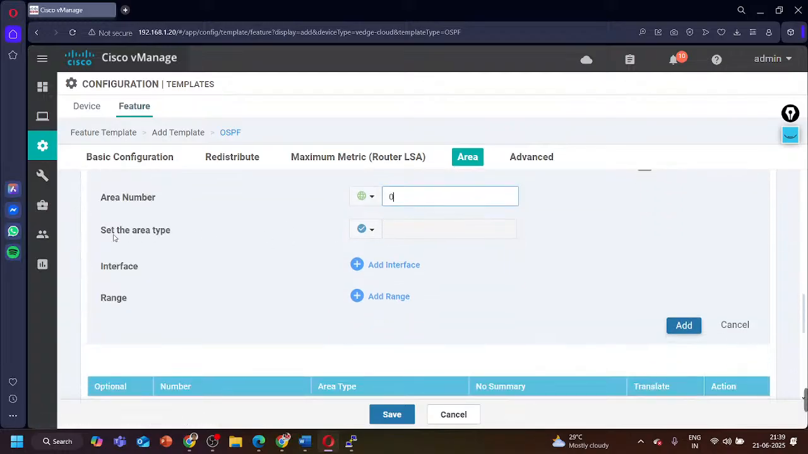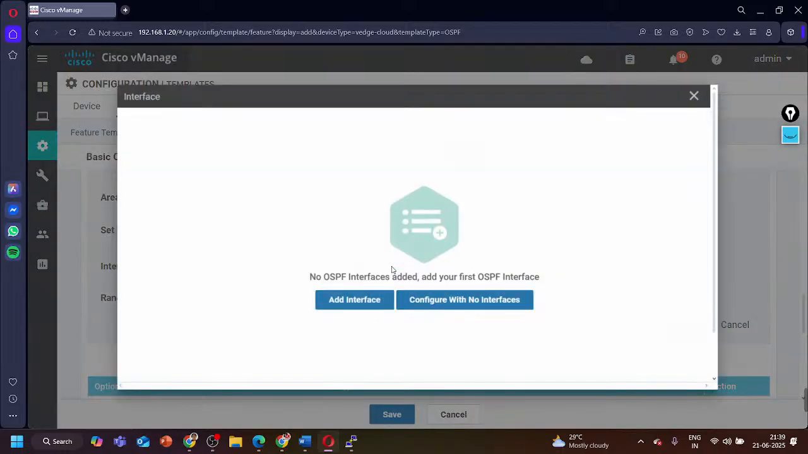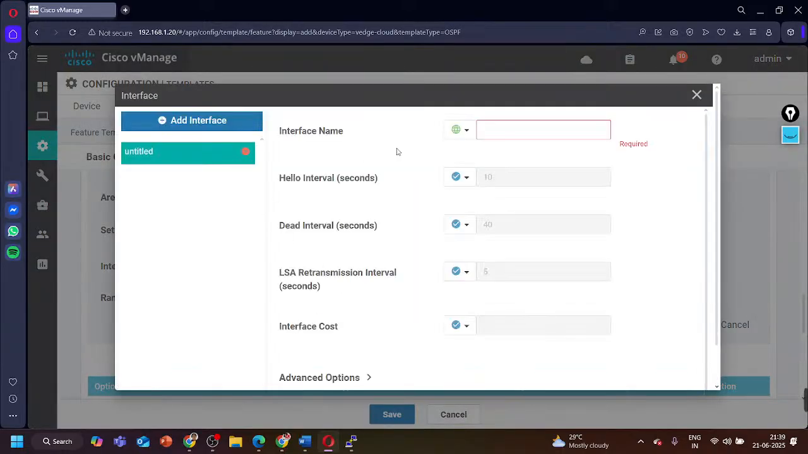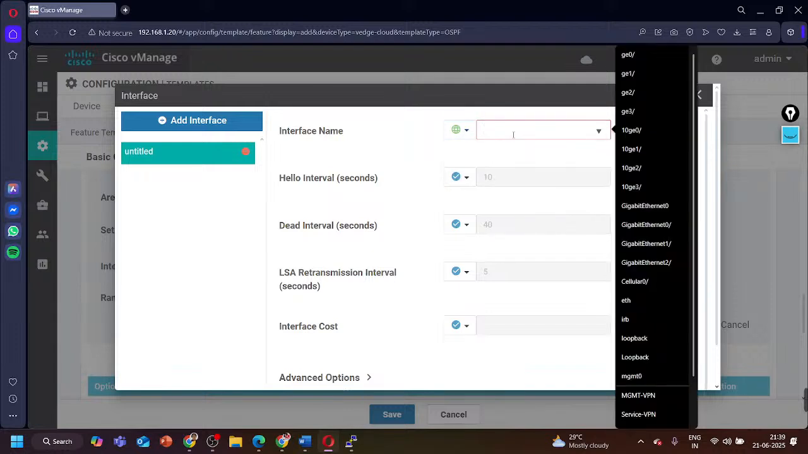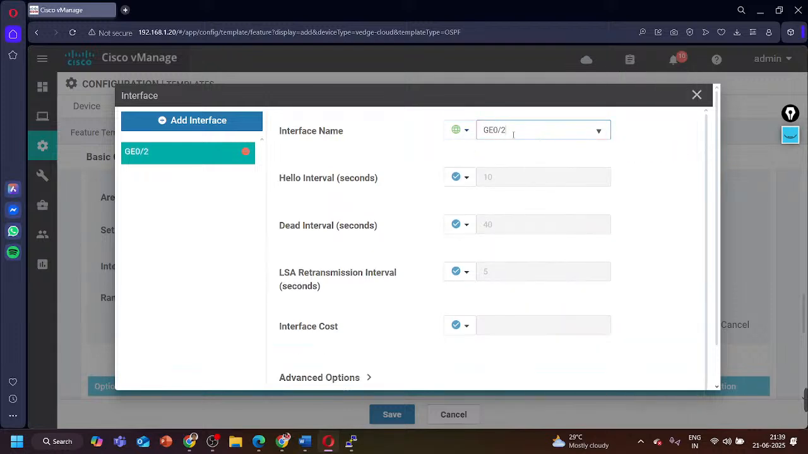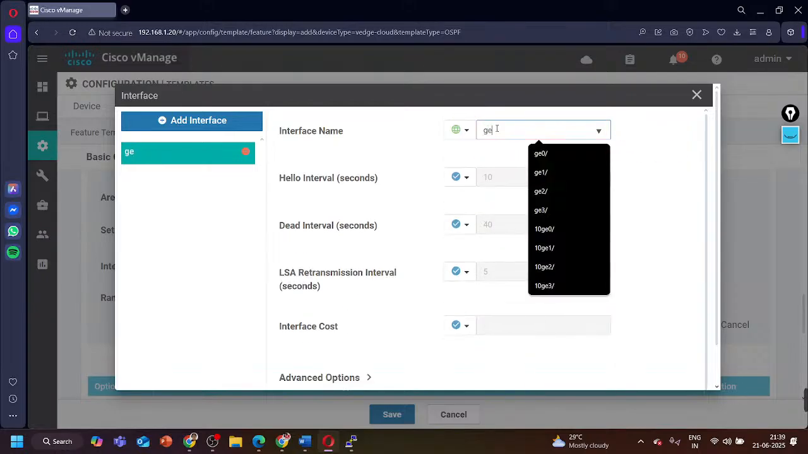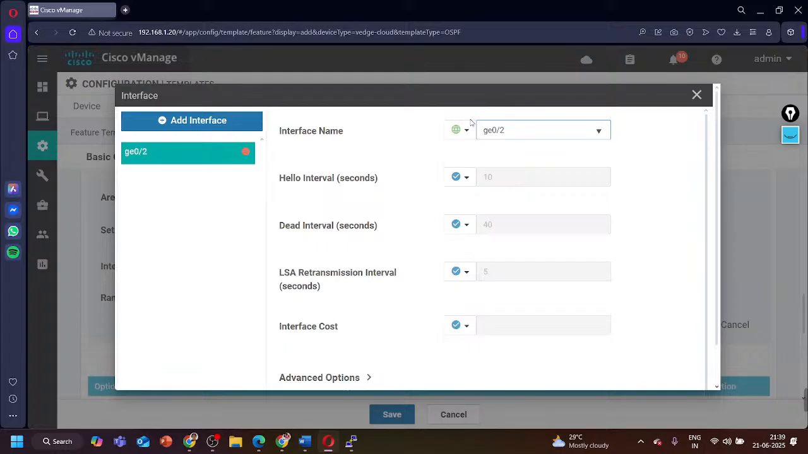And the type of area, stub area, NSSA area or regular area. I am leaving it on regular, the default regular area. And here I can add the interface. Which interface? Where you want to enable OSPF, GE0/2 interface. This is case sensitive. You have to type the interface carefully. Then what should be the hello time, dead time,